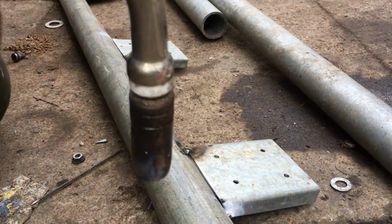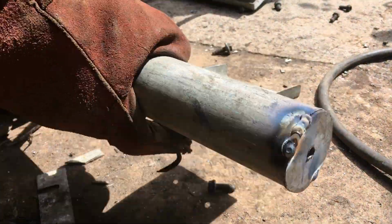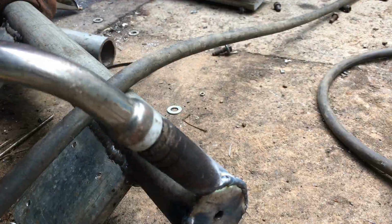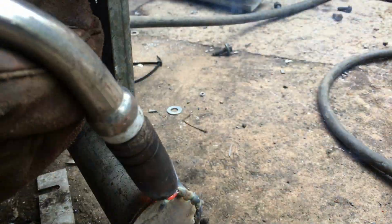Yes sir, these gloves let you weld without blasting your fingers with UV, available from, oh I don't know, wherever. Hardware stores, Amazon, all the places. And here I'm going to use them once again. This would be because scaffolding bar is hollow and I don't want it full of mud and rust and rainwater